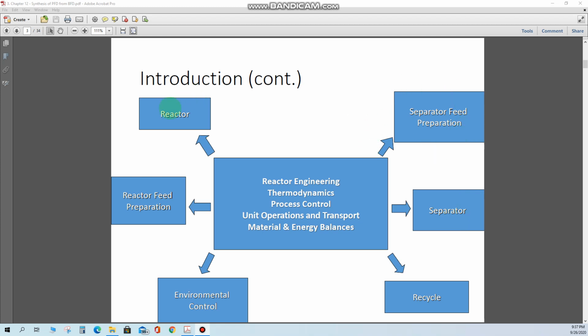Okay, so once we have the information on these six main units, or these six main domains of the overall process, we can convert those raw materials into the products without having any pollutants in the process. And we have to also see the environmental aspects. Okay, and obviously the overall aim is to get profit out of the process, and we have to increase our profit margins also. So all of these factors contribute to the profit from the process. And also we have to consider the environmental aspects when we are designing any process.